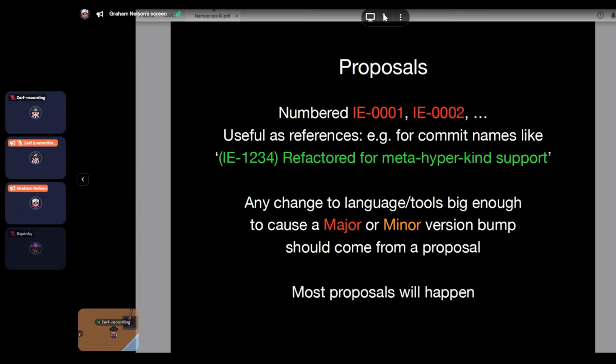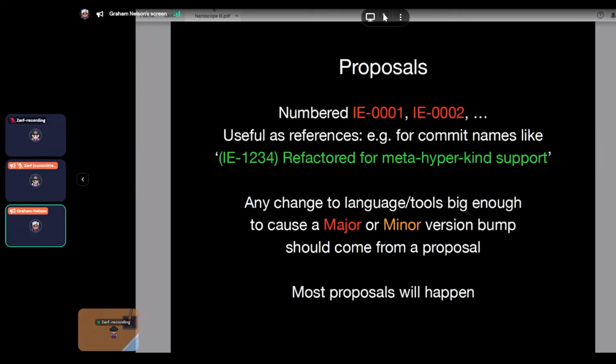So at the moment we have 10 proposal documents in this initial state. They're numbered IE 0001 to 0010, and they give a reasonable picture of what we're hoping to do in the next few releases. So probably this is what would be new in the language in the next 12 to 18 months, some sort of timescale like that. So I'm going to take a tour through this,